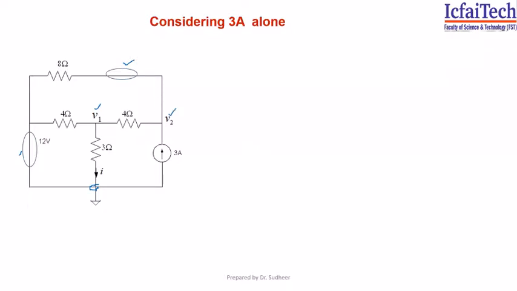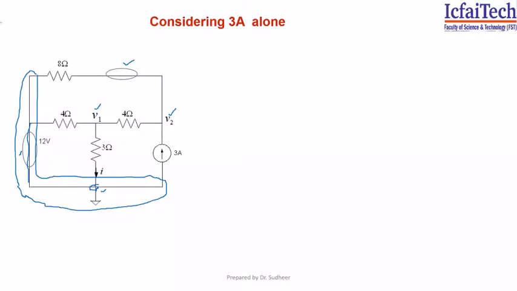So how to write the node analysis with the direct inspection method is, first identify the reference node, and then the remaining nodes you indicate as V1 and V2. I have not written any voltage here because there is a dead short circuit. The potential of this point is also 0. So you can see this is all the reference node. This complete area is considered as a ground potential or reference node because there is no branch in between. Okay, so now how to write, first step is convert all the resistors into conductances.